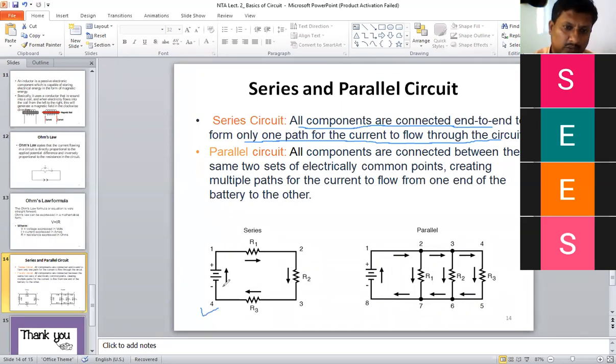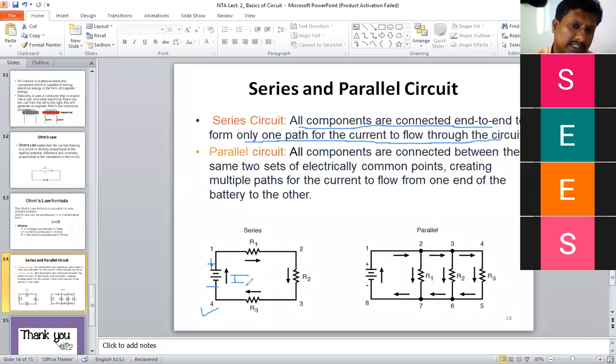Here the voltage source is on the left hand side, and 3 resistors are there, R1, R2, R3. According to the polarity of the voltage source, this is the plus, already given, and this is the minus. If not given, you have to identify that the longer plate is positive and the shorter plate is negative. According to this, the current I will flow in the circuit, in a clockwise direction.